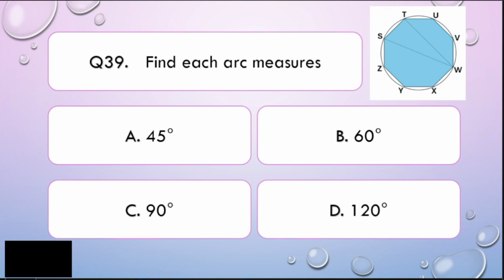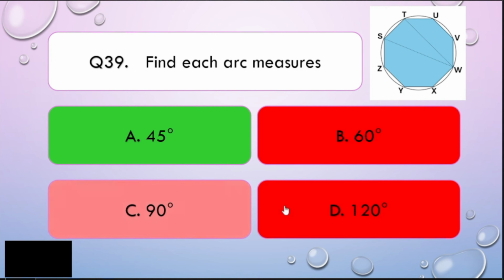All right, math learners. So basically, what is asked in the problem here is what is the measurement of each arc? This one, this one, this one, and so on and so forth. Now, in order for you to know the measurement of each arc, consider that this is a circle, right? And what is this figure? How many arcs are there? So this figure is 1, 2, 3, 4, 5, 6, 7, 8. Okay, so that is an octagon. So it means that this whole circle is divided into 8 equal arcs. So if that is the case, my dear math learners, what you need to do is 360 divided by 8. Okay, so the correct answer for that is 45. Easy, right? Very easy, my dear math learners.